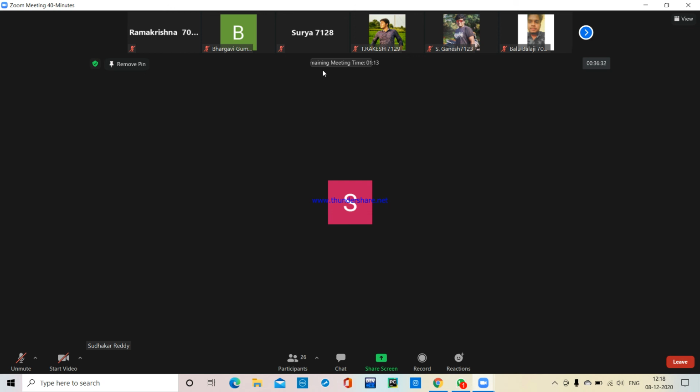Next, the tail is nothing but the end. That is the last node, the node that has no successor, the last node in the list. We don't have any connection for a next node, so that is why it is called the tail. Next, current. Current is the node we are processing, and then we can process the next node. If you get the address of the first node, we can traverse to all the nodes in a list.